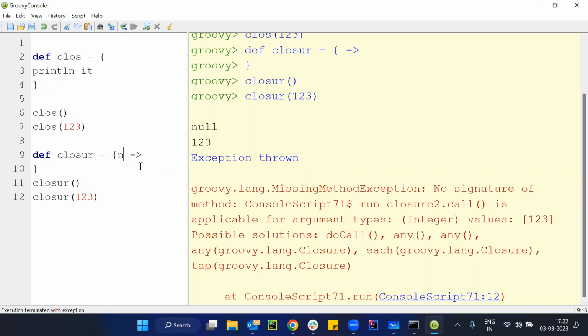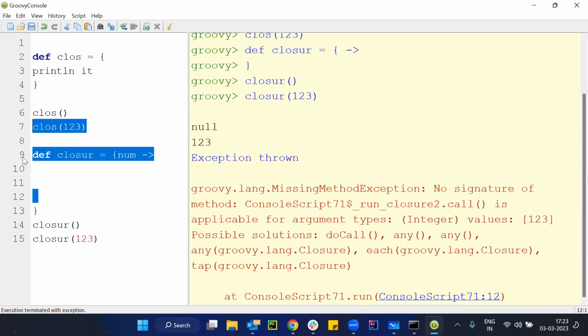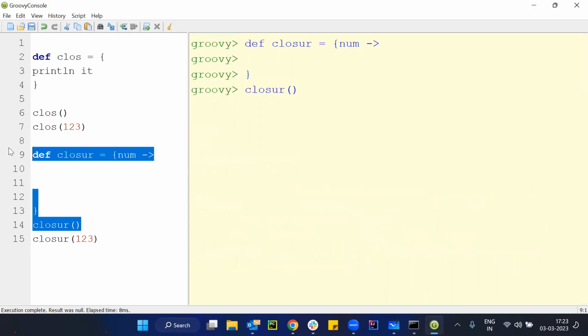The moment you use this operator and pass something here, let's say num, even if you're not doing anything inside your closure, there's nothing inside of this closure, right? So if I execute this way now,